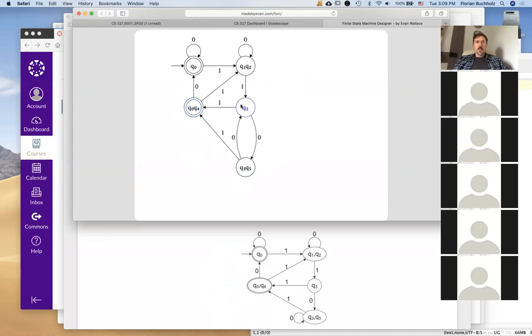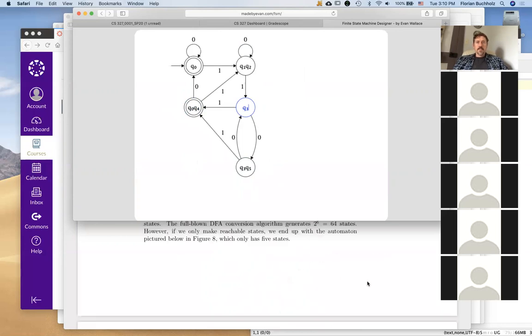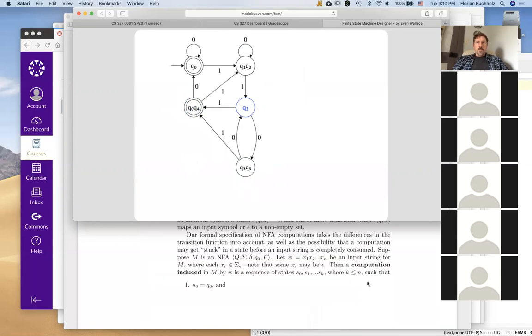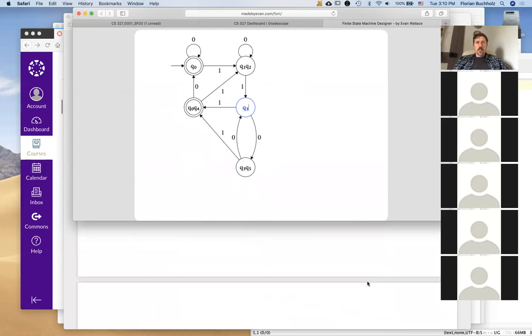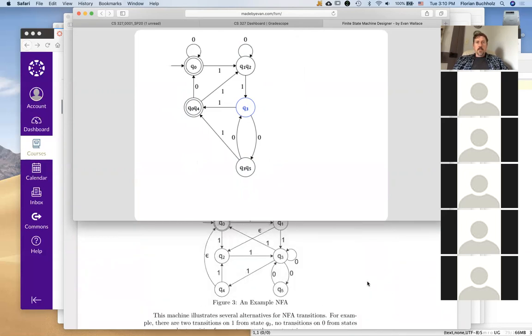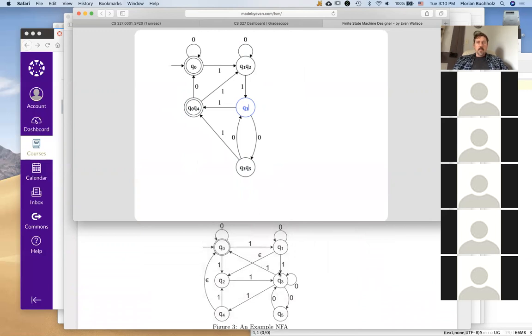Yeah, for the most part it looks the same, with this exception. So let's investigate that and see what actually needs to happen. When we're in state Q3, Q5, and we're observing a 0, yes, so I made a mistake. From Q3 on a 0, we can get to Q5. From Q5, when we see a 0, we get to Q3. So when we're in this state and we're seeing a 0, then indeed